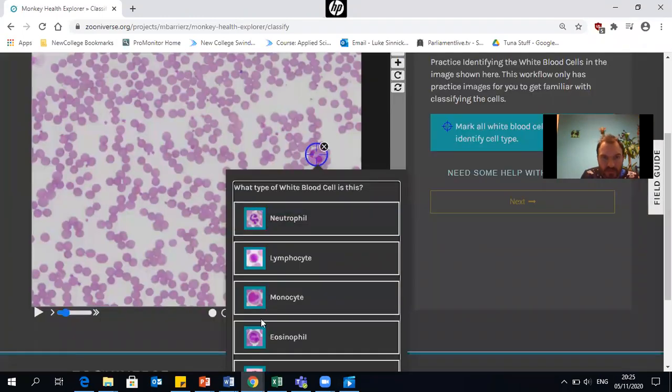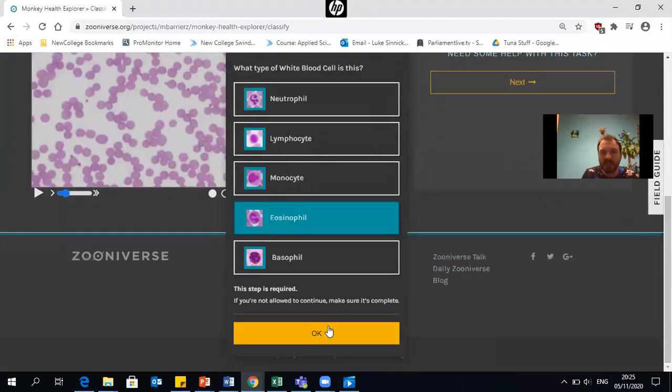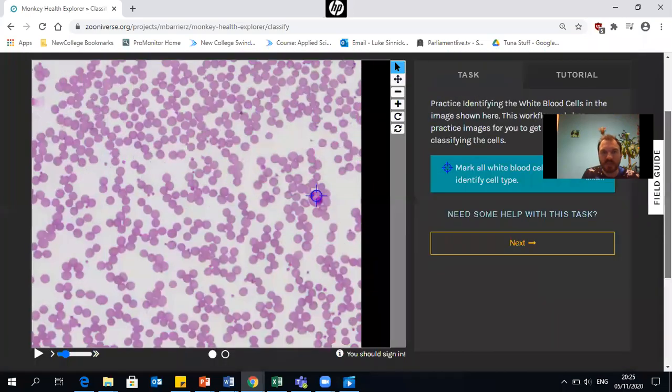But then I've got to try and look through, what does it look most similar to? Now, actually, I think the inside of this white blood cell is a little bit grey, and it's got that kind of multi-lobed shape, but it's more grey inside than a neutrophil. So I think that's an eosinophil. I'm going to click on that one,